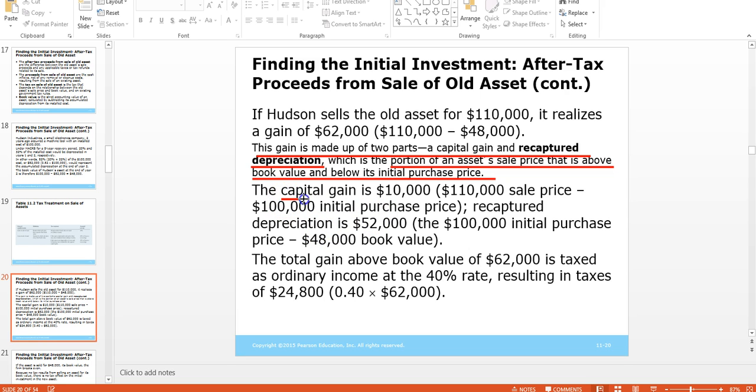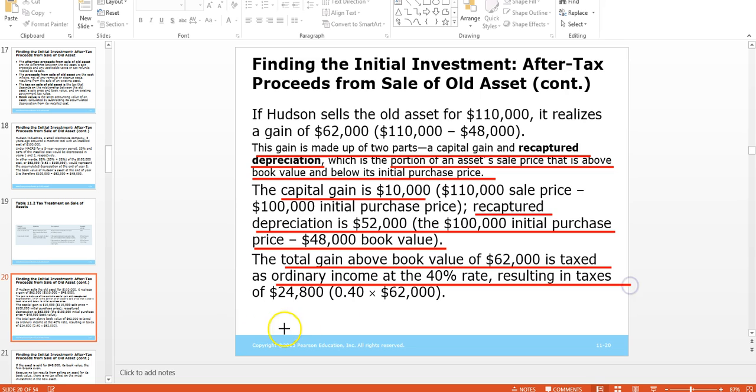Okay, so those words are extremely important. A capital gain, and then the other $52,000 above the $48,000 is going to be called recaptured depreciation. This also is very, very important. So these two terms are extremely important. Remember, as I said, you can't have your cake and eat it too. If it's only worth $48,000 and you sell it for above that, well then, you've got to pay taxes on that. So $10,000 is capital gain, and $52,000 is recaptured depreciation. So the total gain above the book value of $62,000 is taxed as ordinary income at the 40% rate, resulting in taxes of